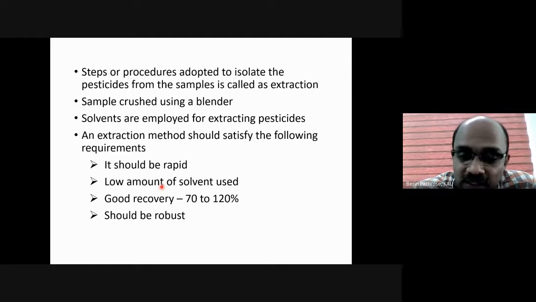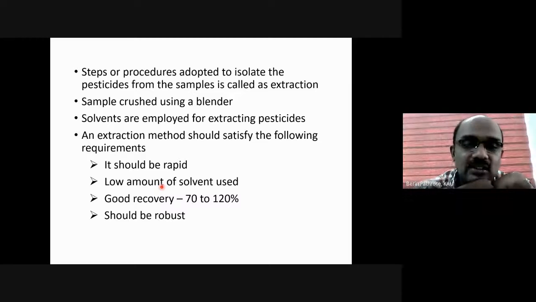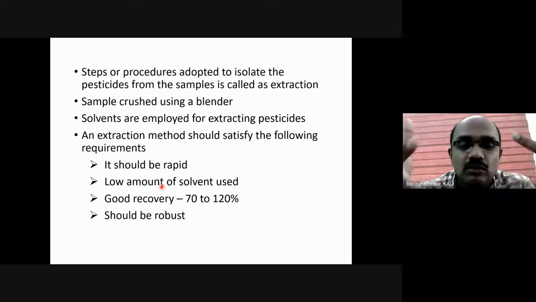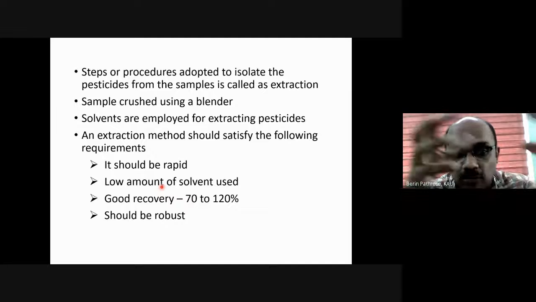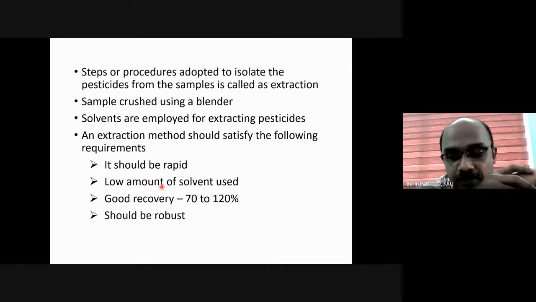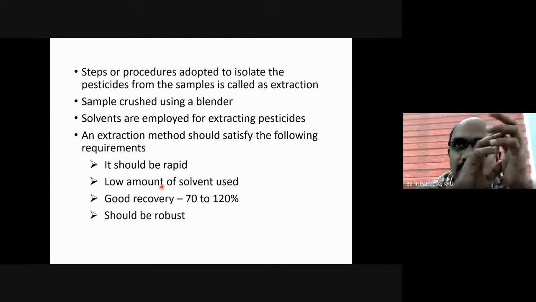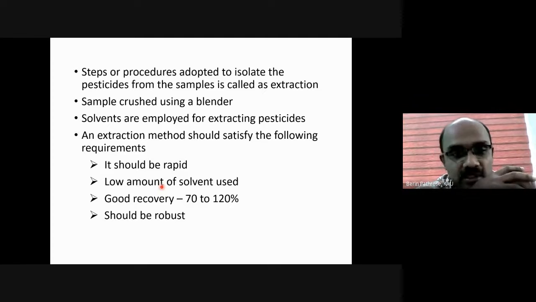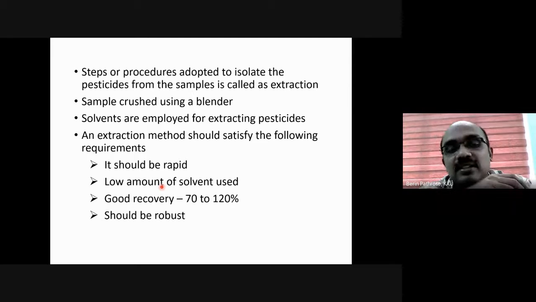So the first thing that we do for extraction is we take, say, a vegetable or a fruit. We may have a huge watermelon, pumpkin, ash gourd, bitter gourd, snake gourd, etc. We have big fruit. So all these things will be first crushed in a blender, just like in a mixer. Here we do it with a normal mixing, and more sophisticated labs have bigger blenders. So that means it will be crushed. And from these crushed samples, we will be extracting the pesticide with the help of solvents.